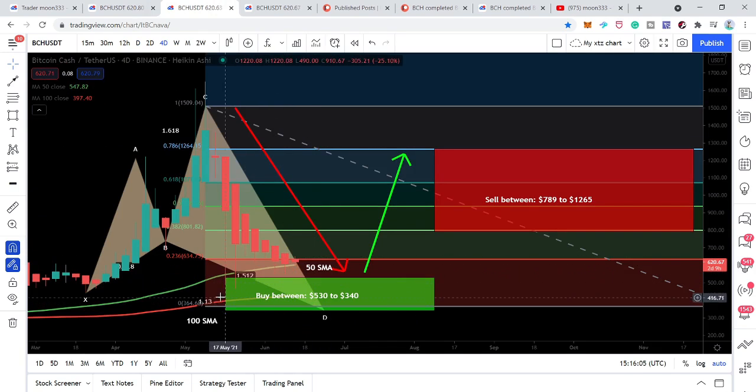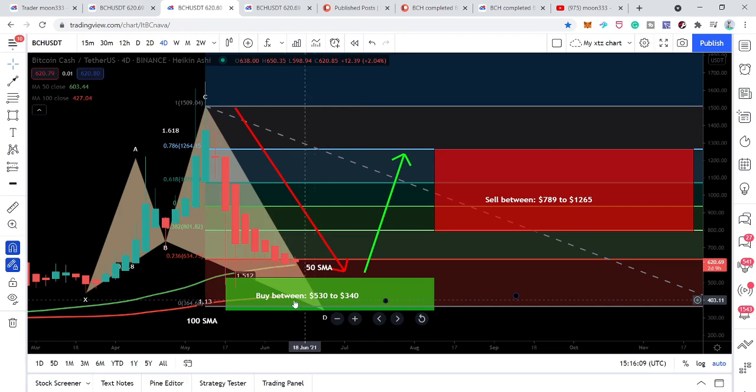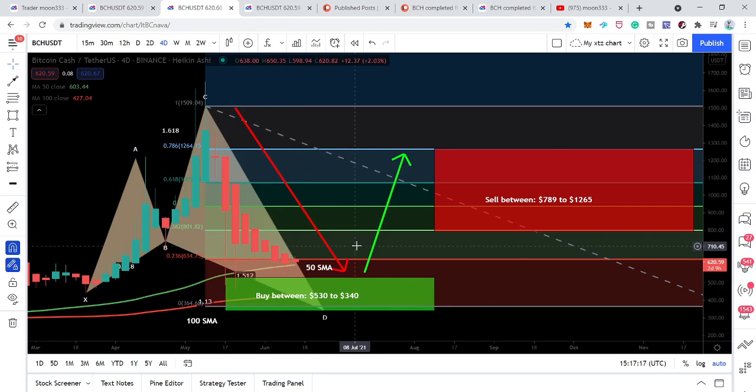And we also have this 100 simple moving average in this buying zone again. This buying zone starts from $530 and ends up to $340. However, we can expect that the price action will not break down this 100 simple moving average, and the sell targets as per the Fibonacci sequence of this bullish shark can be $789 to